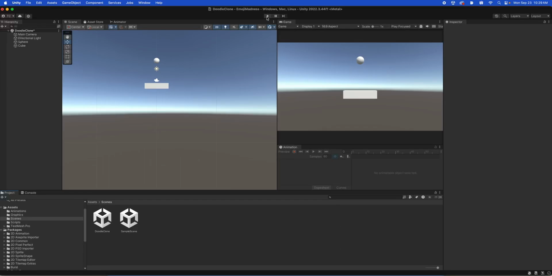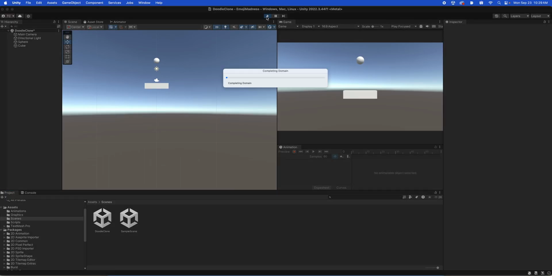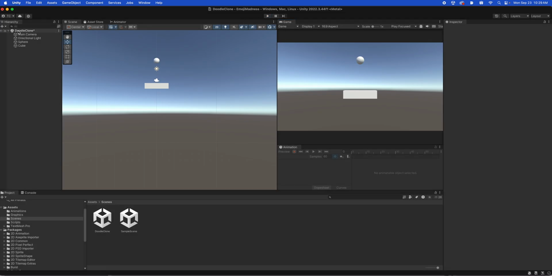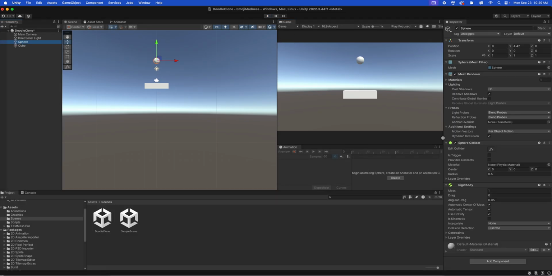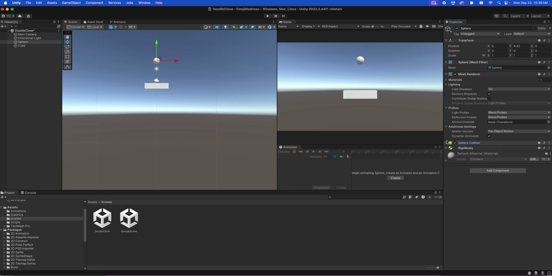So now we are going to make the ball bounce after it hits the ground. Let's take a look real quick at our sphere. We have this sphere here that has a rigid body. It just has the default material on it. Now we want to create something that we can put on this, a material, in this rigid body